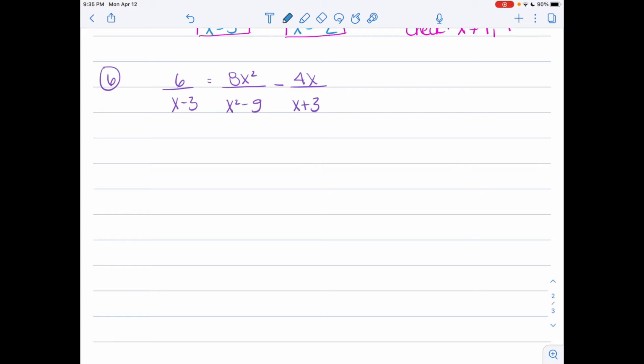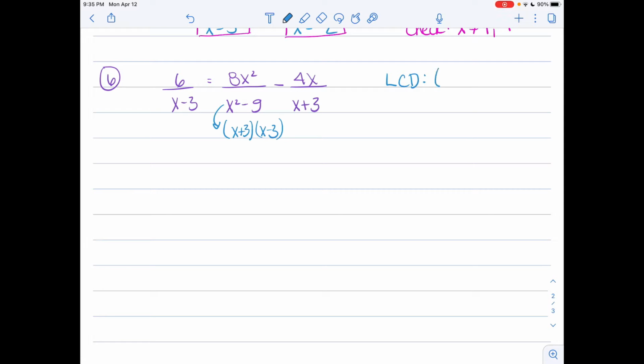One last problem here, and this one we're going to do together because there are a couple of little tricky things. So the first thing I'm going to do, just like the last one, is I notice that I have an x squared, so I want to look at factoring that, and it will be a difference of 2 squares, just like the one before. This will let me identify my LCD